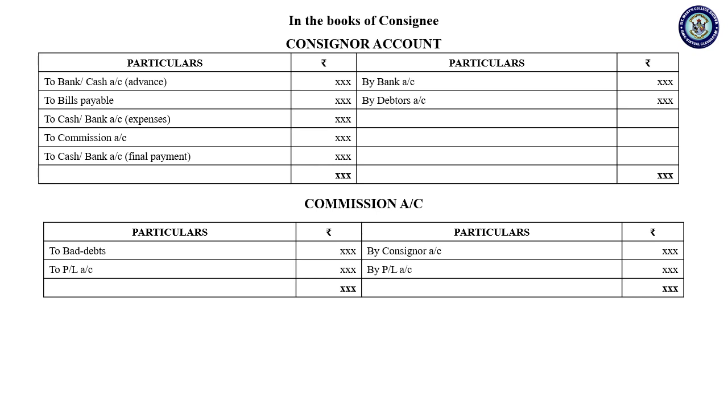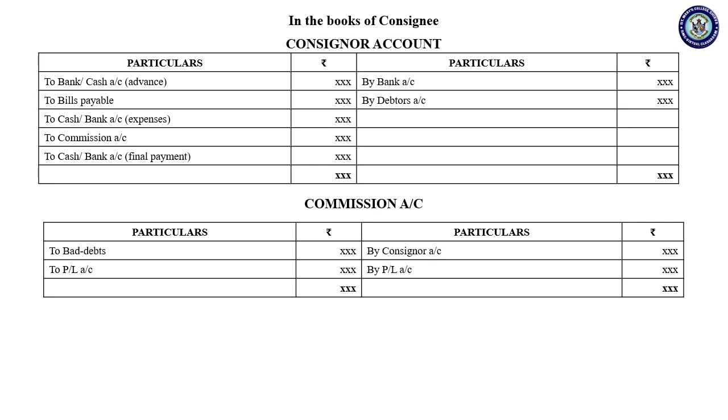Then bills payable: if we have already drawn the bill on the debtor and the debtor has paid some money, that should be deducted. So it is bills payable, because it is already paid. Then if there are any expenses, they go to the cash account, because the consignor has to pay the money to the consignee. Next is commission. We are not writing it to cash, because the commission should be transferred to its own ledger account, where there is an adjustment on that.